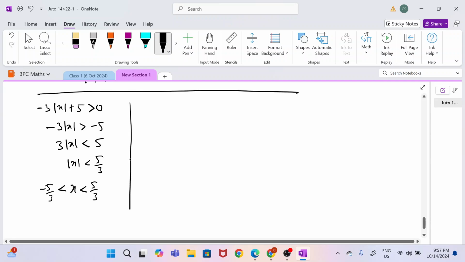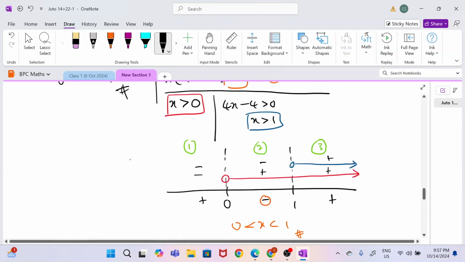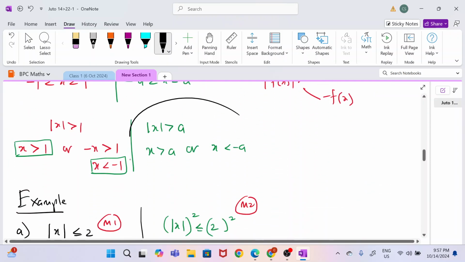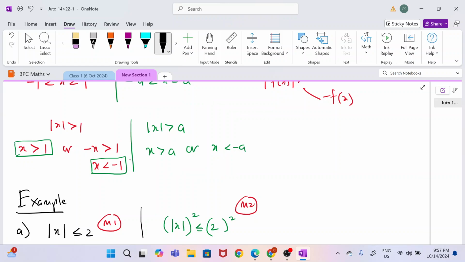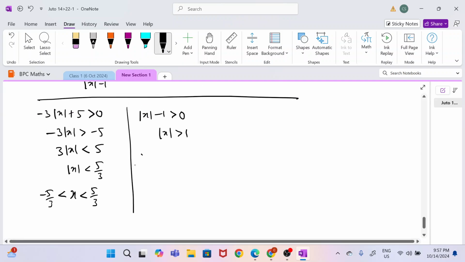Go for the next one. This one, which one will I use? The second one. X is greater than 1 or x is less than negative 1. So